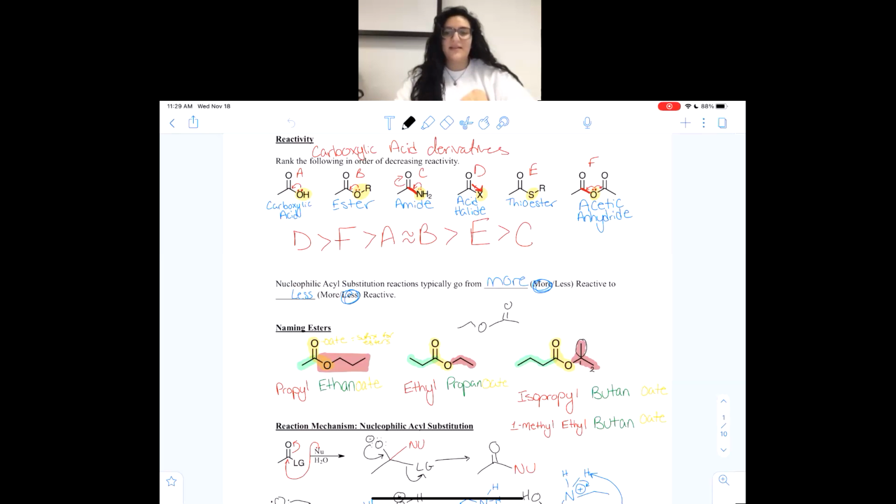So yes, the last thing I wanted to go over conceptually is that in nucleophilic substitution reactions, we always want to go from more reactive to less reactive. So we would like to always make a more stable product than what we started out with. So that being said,